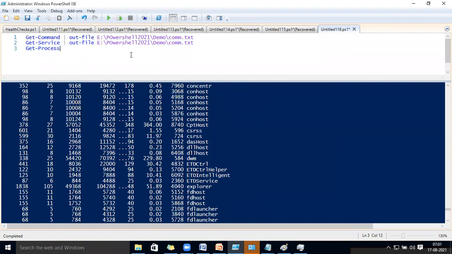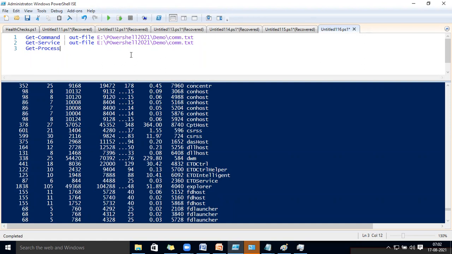Just a question. Are there any changes or new commandlets added when we upgrade the PowerShell version? Of course, they are going to be added. Which ones we will discuss, because this is the first day class, no? So I'm not going to deal with how to upgrade your PowerShell and how to download new features into PowerShell. That we will learn in the later classes. It is just for basics, because I told you, 2 days class, after 2 days class only the actual real time class is going to start.